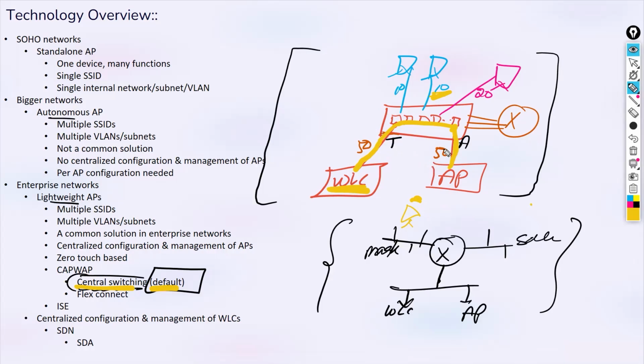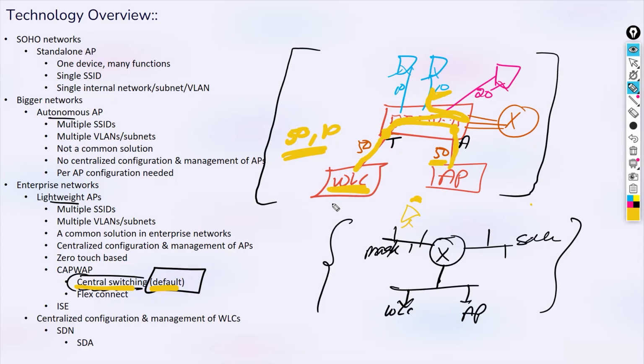Because here it is receiving from, let's say, VLAN 50, but it is interested in going to VLAN 10. So the WLC will encapsulate it in a different VLAN tag for VLAN 10, and this interface should be able to understand the tag. That's why this is a trunk. It's not necessary in centralized switching for this interface, which is why this is an access interface. And from there, it will be forwarded like this. That will depend on how deep it needs to be routed further in your distribution system, but that's how it goes.